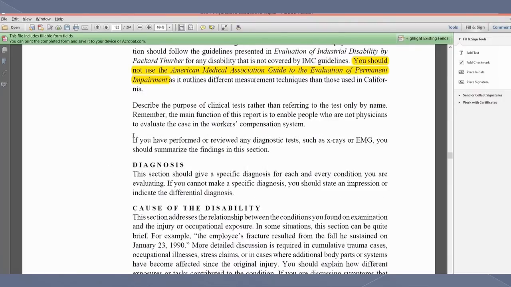Now, it says that in this section, if you have performed or reviewed any diagnostic tests, such as X-rays or EMG, you should summarize the findings in this section. We're going to see that when we create our hybrid format of QME Report, we're going to have a separate section